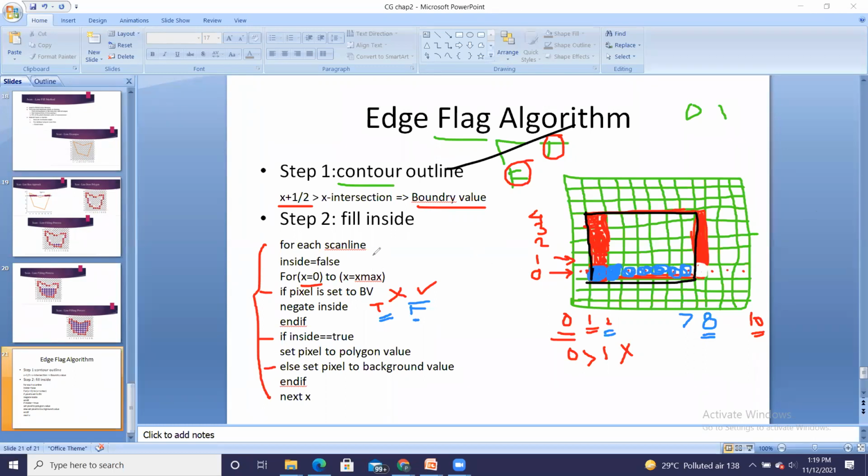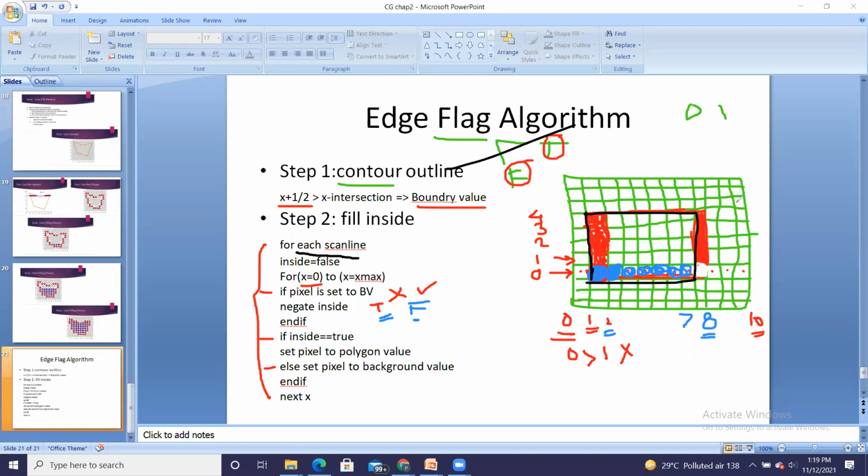So in this algorithm, set the flag to false, then check whether the boundary value is there. If boundary, then negate that flag and color inside. And once you get the second boundary value, again negate the flag, and further all pixels will be of background value. Okay, and this is repeated for every scan line.